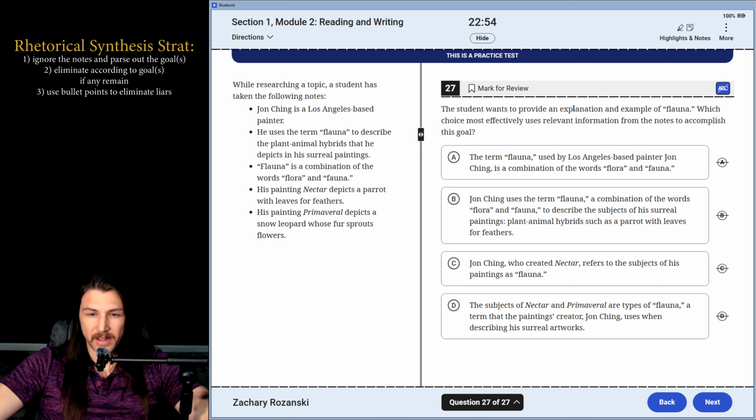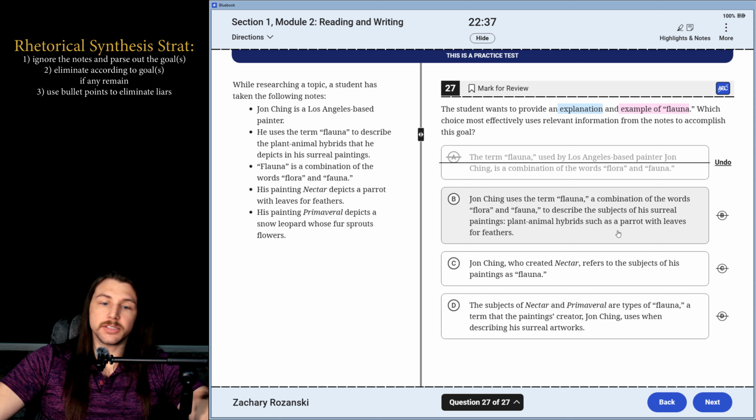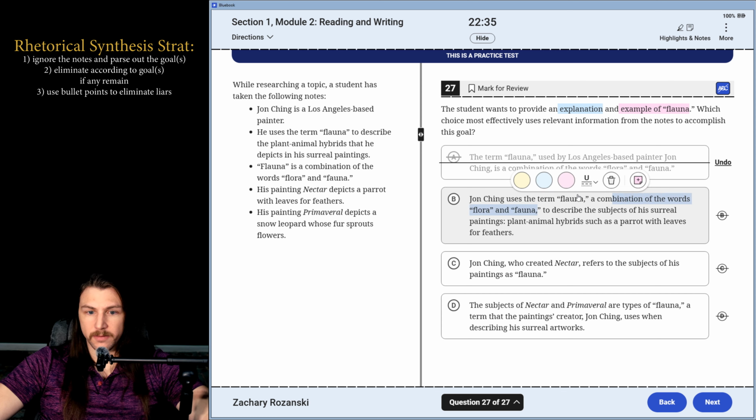27 wants to provide an explanation and an example. We're going to have two layers here, and an example of flauna. Okay, the term flauna, used by a Los Angeles-based painter, is a combination of the words. I do not have an example here, so this is going to fall on the lens of the pink. The term flauna, a combination of these words, flora and fauna. This seems to be an explanation of that, to describe the subjects of his surreal paintings,